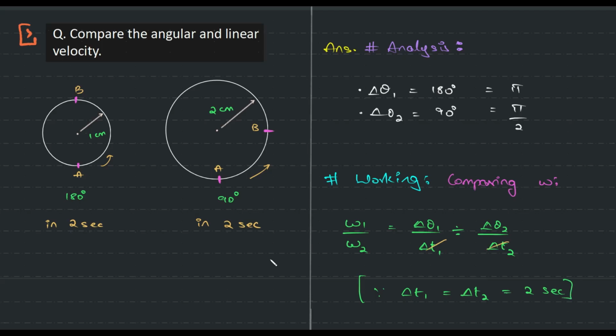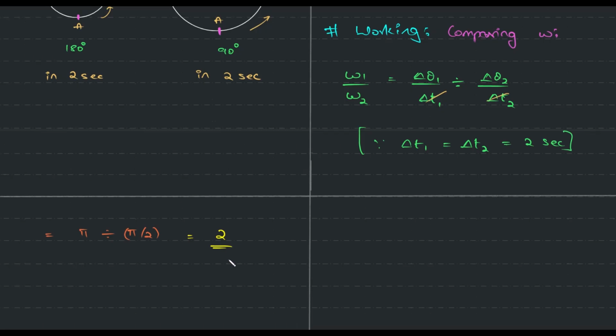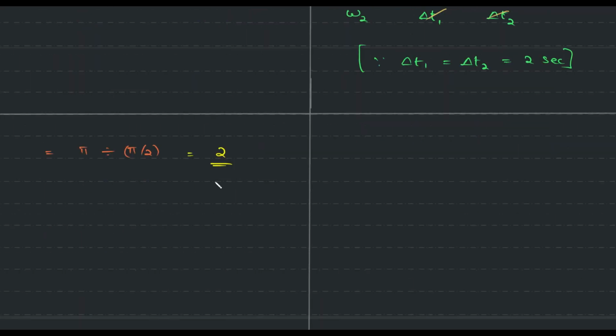So we have the above case. Now theta 1 is equal to pi, while theta 2 is pi by 2, and so this is equal to 2. So omega 1 is twice the omega 2. It's clear. Okay, so mathematically I'm just getting you guys used to all of this. So we'll compare